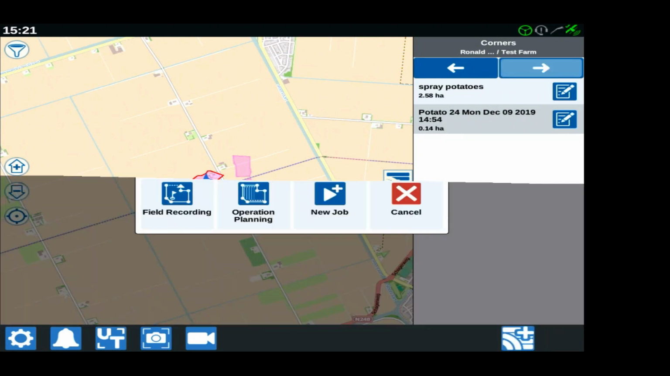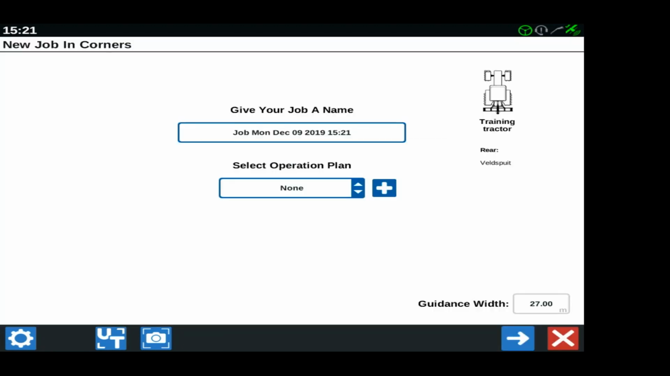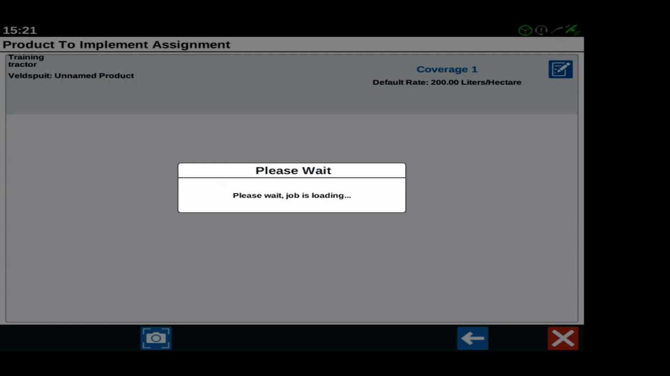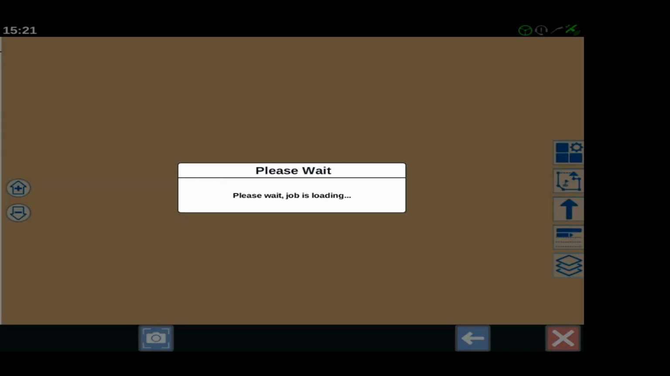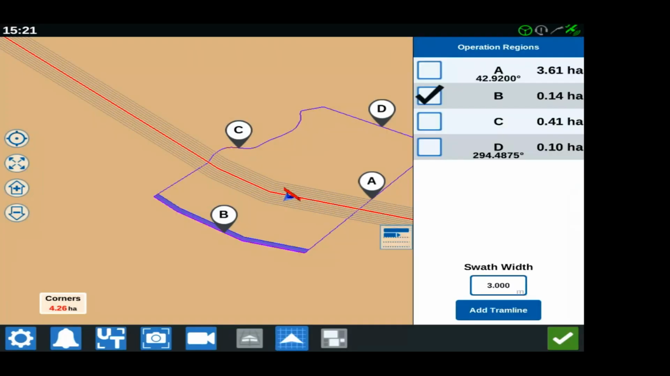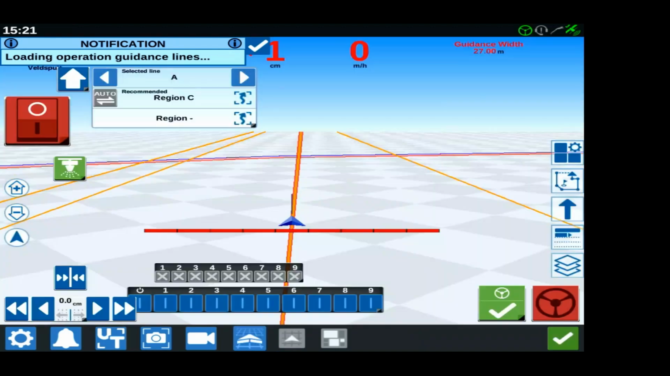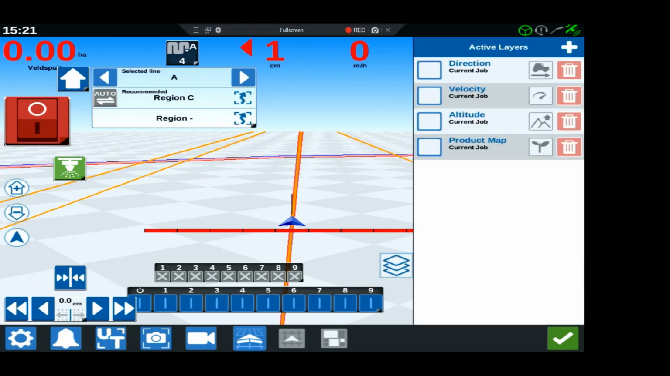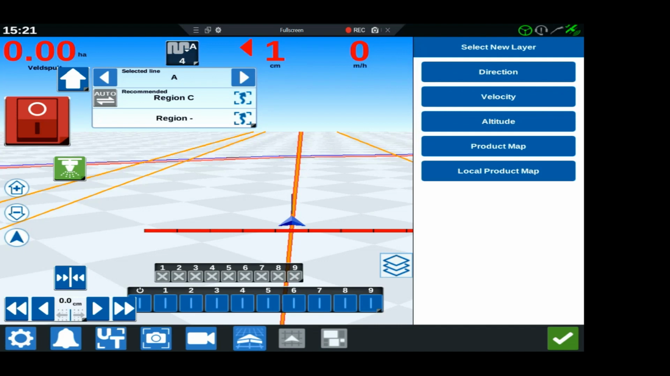I start a new job. Today I'm going to weed again. It's a busy field. It's just an example. So since we haven't created coverage today, but I want to see the direction I was driving yesterday, because I want to go right against that direction, I go to my product maps and then I push the plus, and with the plus I'm able to show me